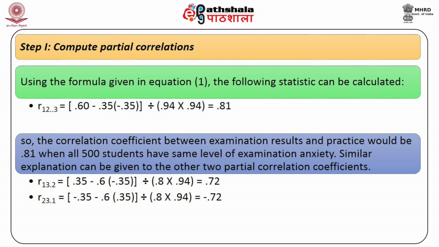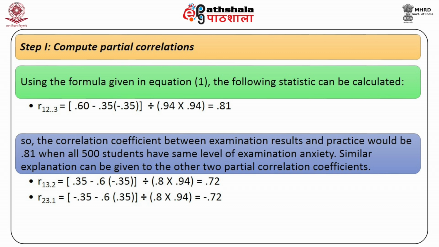So, 0.60 minus 0.35 into minus 0.35 divided by 0.94 into 0.94 gives us the value of the partial correlation coefficient between variables 1 and 2 while partialing out the effect of the third variable, which is 0.81. So, the correlation coefficient between examination results and practice would be 0.81 when all 500 students have the same level